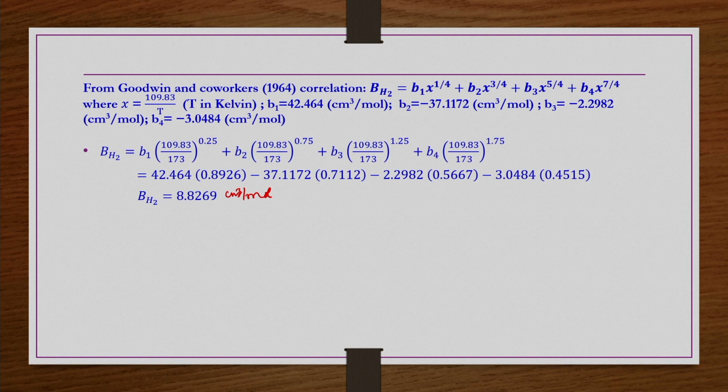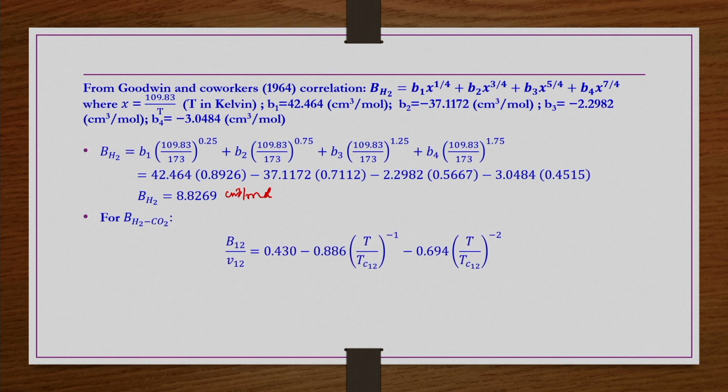Okay. So, B11, B22 we obtained. B12 we have to obtain, B12 here in the sense B_CO2-H2. So, that we have to do. For that purpose what do we do? We use another correlation, the McGlashan correlation. We are using different correlations because within one problem we can use almost all correlations that are available for symmetrically spherical molecules, non-spherical molecules as well as the quantum gases. All three cases are covered in one single problem.